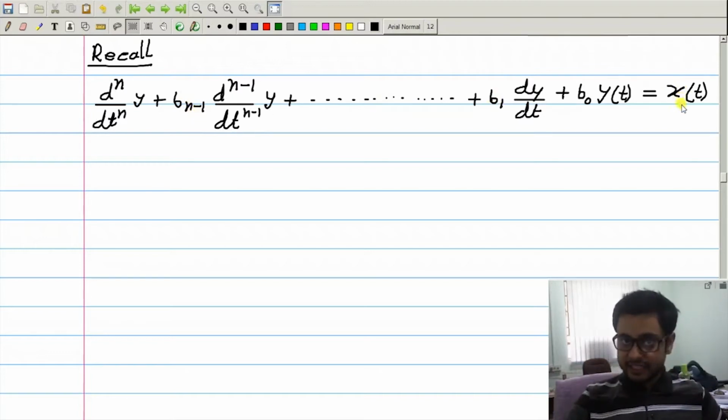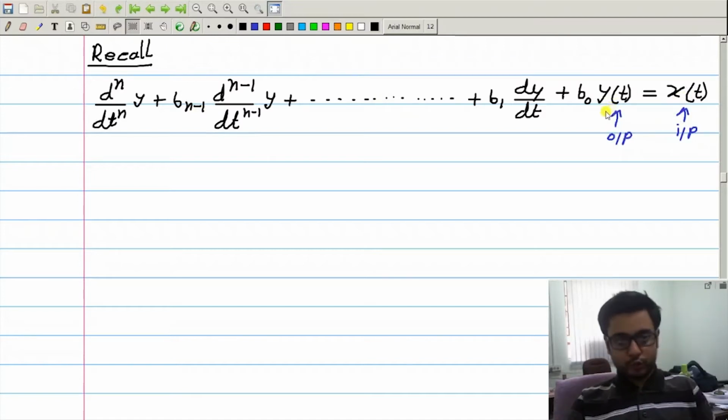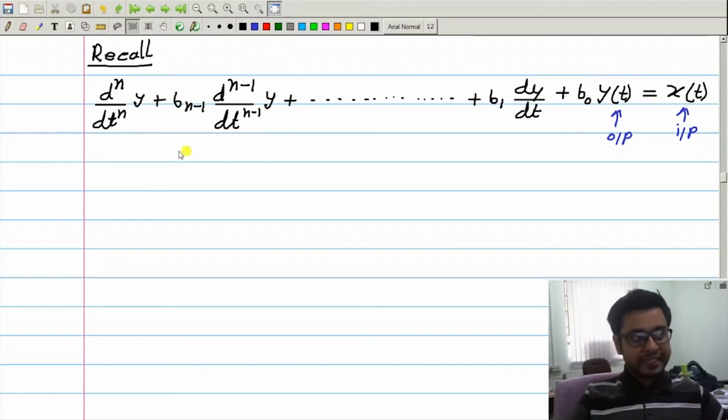Here x is the input and y is the output. This equation can also be written in this way,